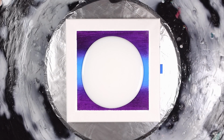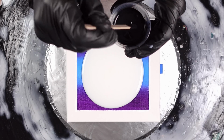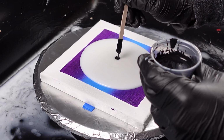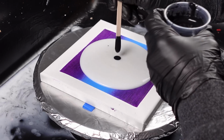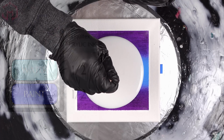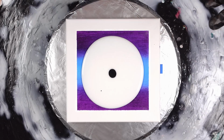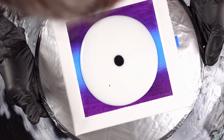All right, so this is my black cell activator. If you haven't seen the video where I showed you guys how to mix it, it's just water and acrylic ink. But I'll try to put a card up for you guys so you can see which one I'm talking about here. All right. And now for the fun part, I pick it up and blow. You might not be able to see it so well, but